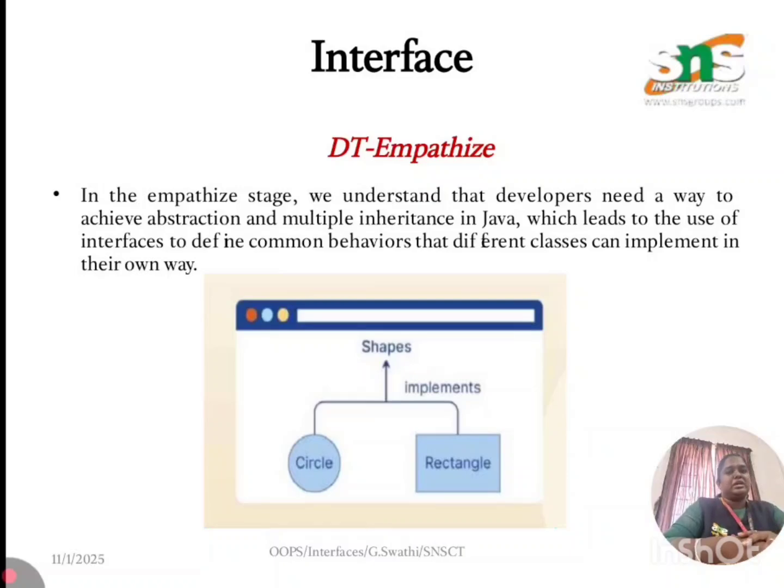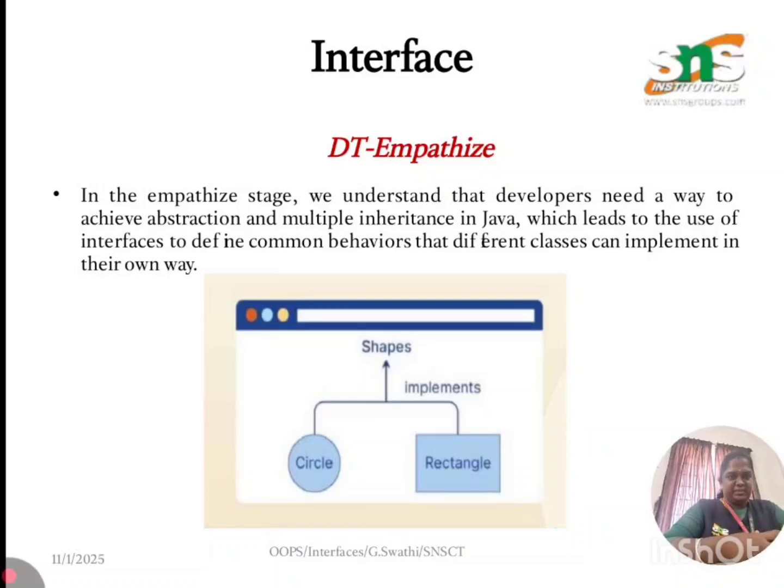That is an interface. Interface is the developer's way to achieve abstraction and multiple inheritance in Java, which leads to the use of interface to define common behavior that different classes can implement in their own ways. In this we have an